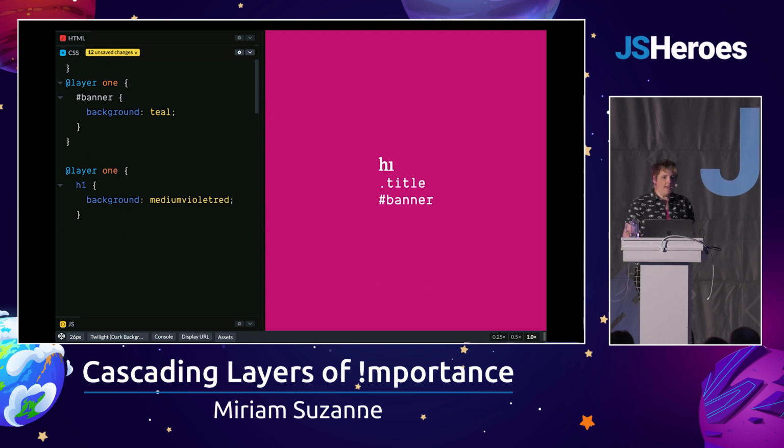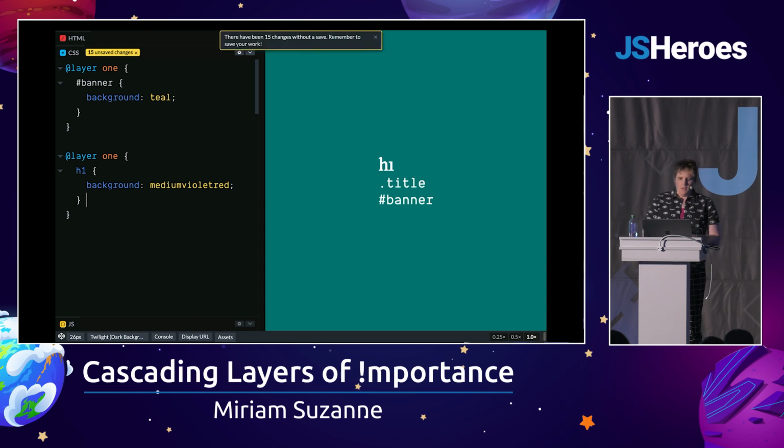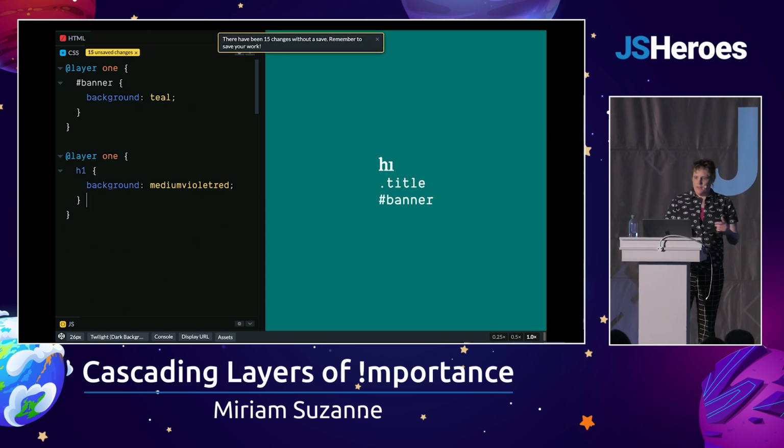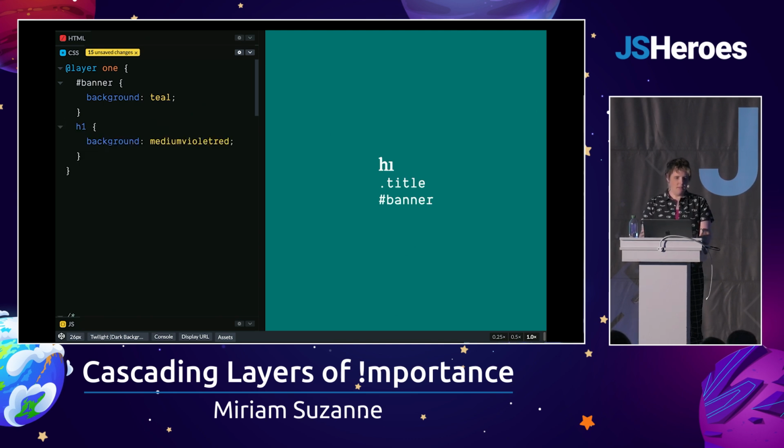If I did layer 1 again, we're back to the situation, oh, I've got a broken. So now these are in the same layer again, and CodePen wants me to save my work. These are in the same layer again, so we're back to using specificity. So they can be in the same layer because I just declared the layer twice, or because I literally put them in the same layer. Either way, it's the same thing.